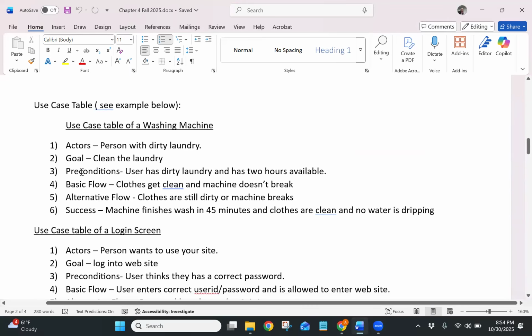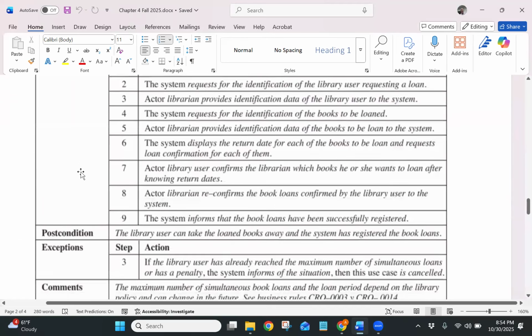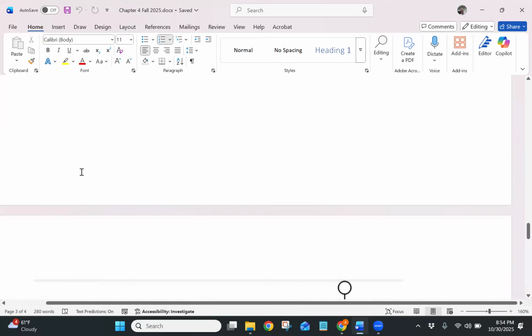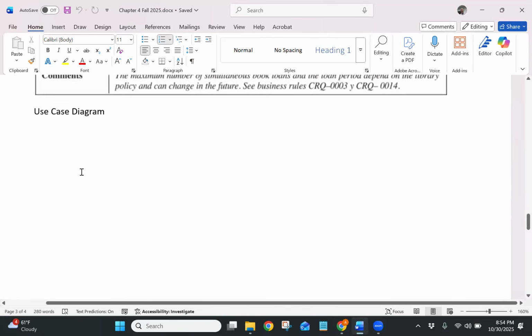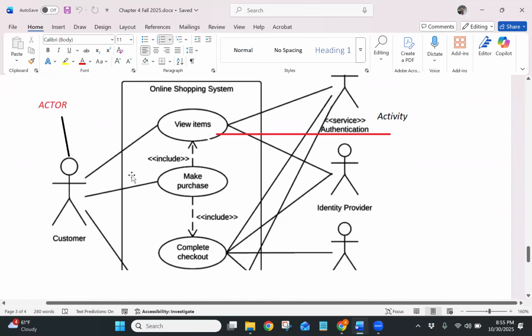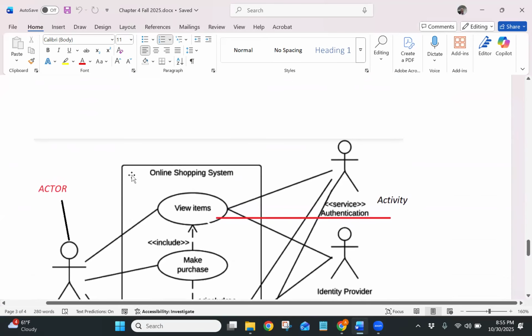Okay, so now we're going to get to our second UML diagram. The first UML diagram we did was the class diagram, right? So the class diagram